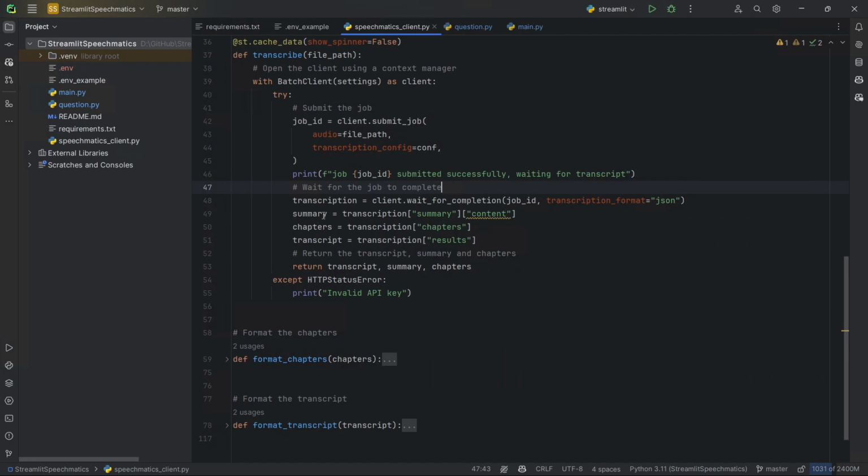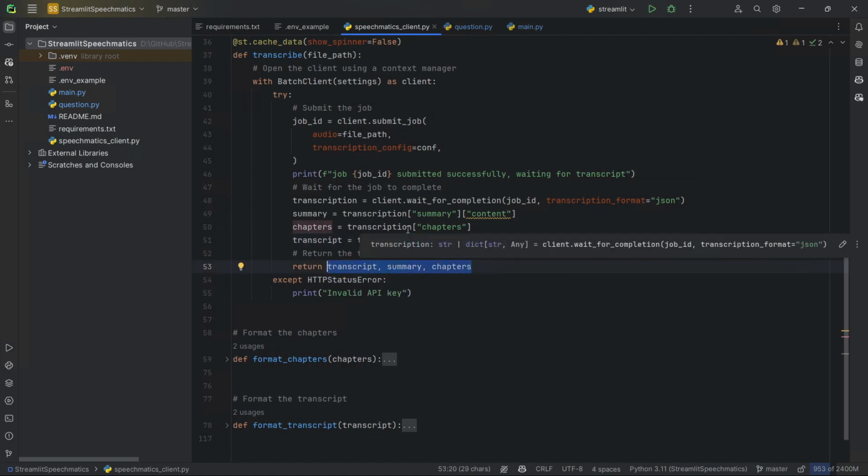It will return us both the summary, which we will be extracting from the transcription summary content, the chapters, which we extract from the chapters key, and the transcript, which is from part of the results from the transcription variable. And of course, we're going to be returning this to the main module so that it can be presented on